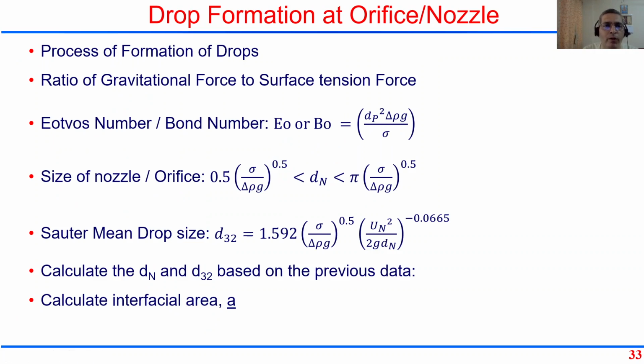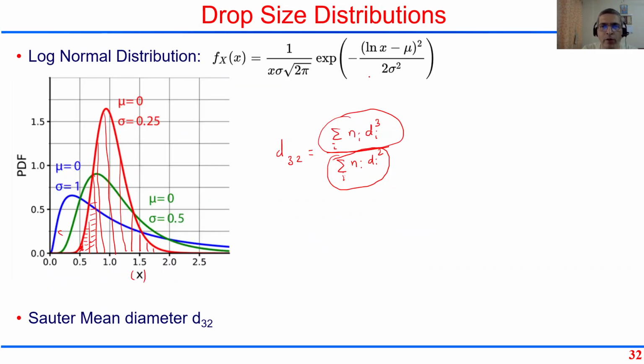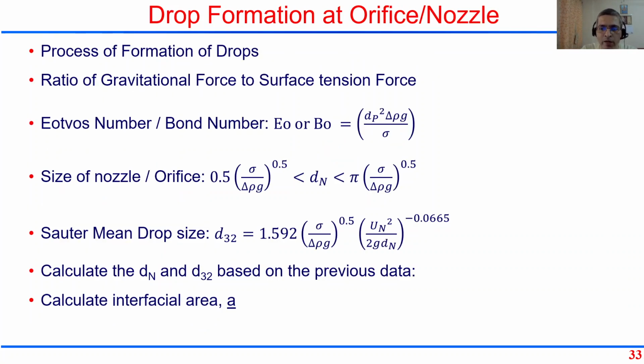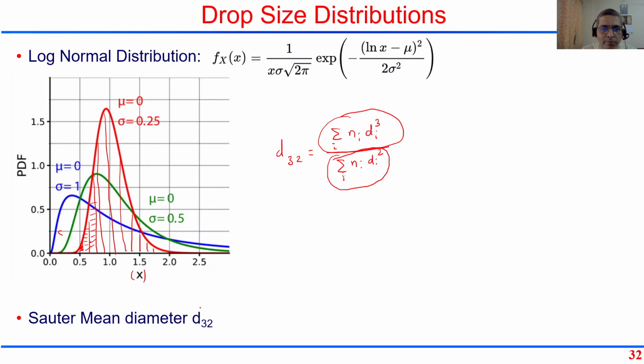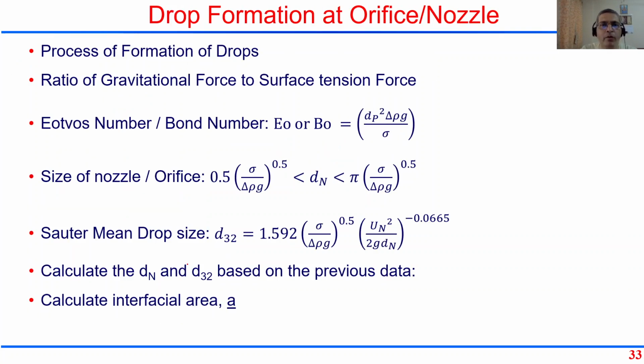Okay, so what I want you to visualize now is, I'm not going to give you a size distribution, but what we are going to talk about is how to estimate this Sauter mean diameter for spray columns. So when you think about the process of formation of drops, imagine this is your nozzle,